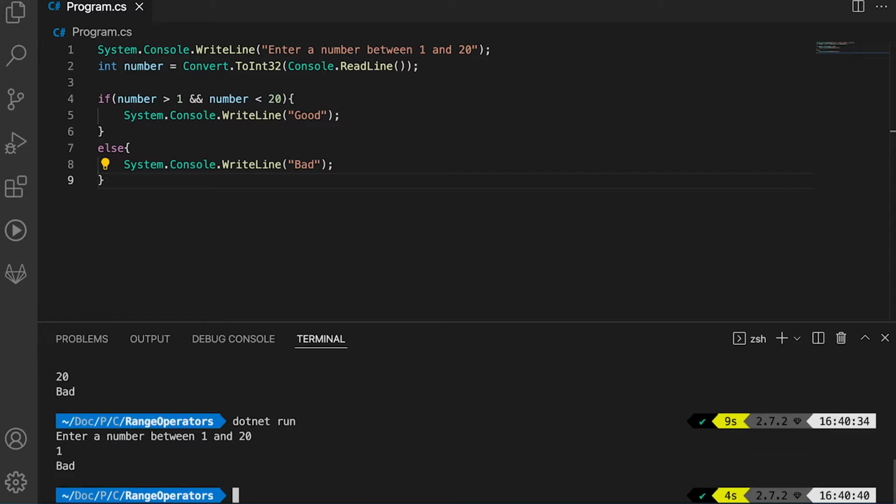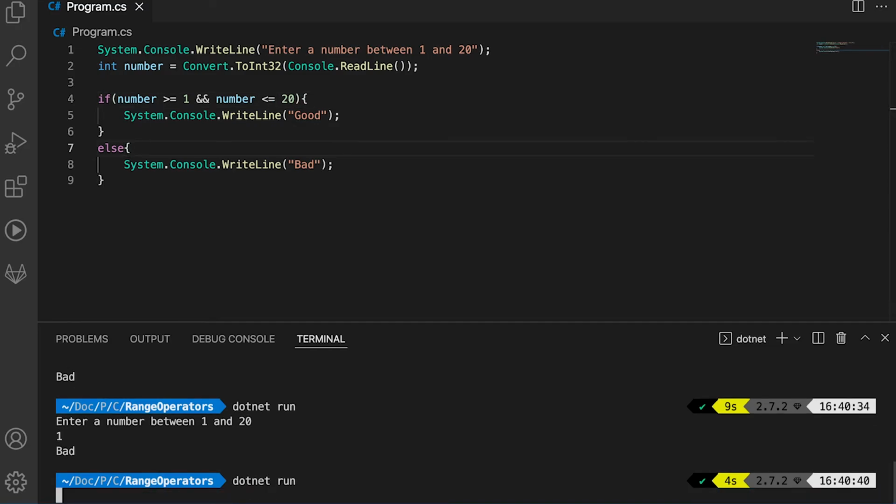This is also bad. Now, to go on to the extension task, which is to make this an inclusive condition, what we want to do is also add an equal sign after the greater than and less than operators. So what we've got here is number is greater than or equal to 1, and also on the second condition, number is less than or equal to 20. So now if we run this,